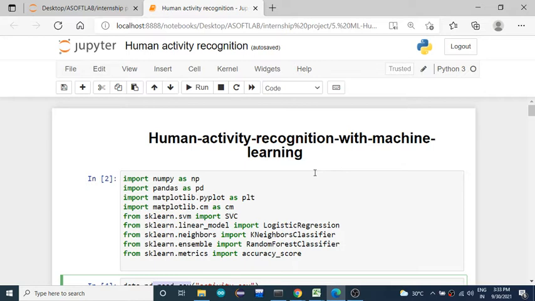Okay, so these are all the things you are going to perform in the data pre-processing step. After data pre-processing, the next step is to go for the machine learning part.